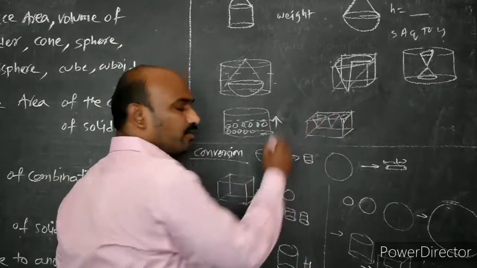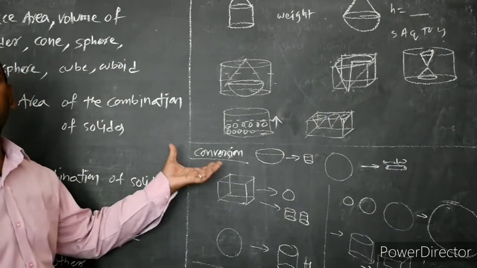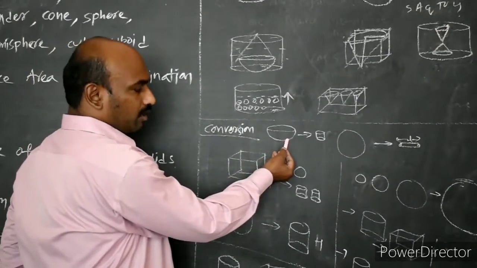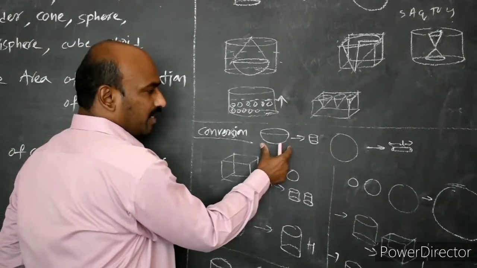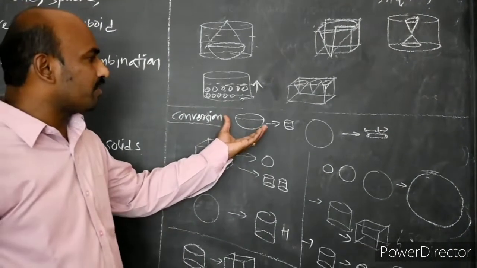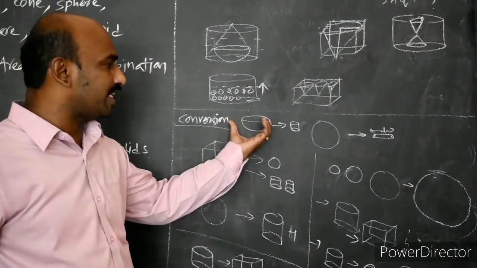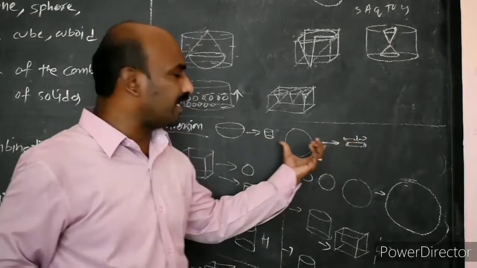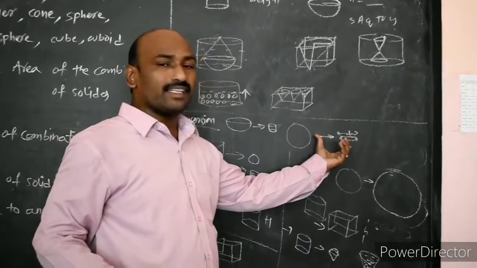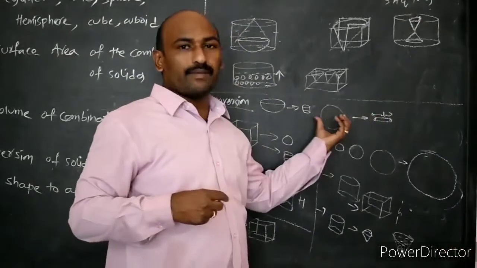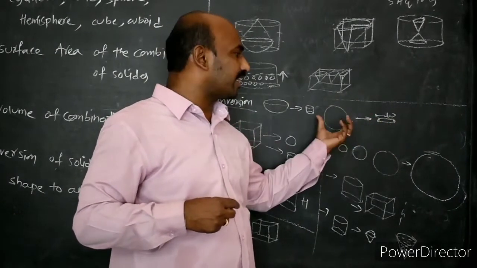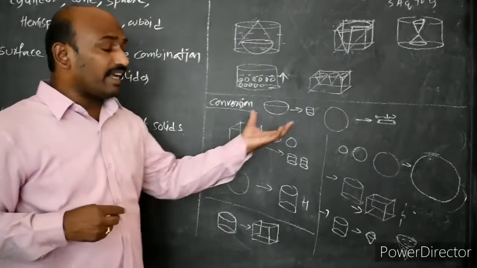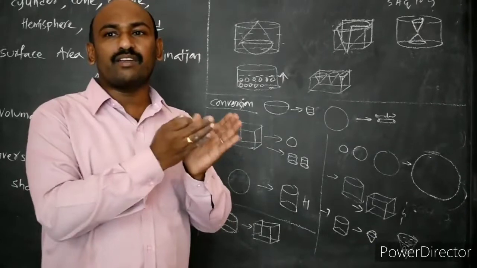Here the dimensions they can give, and when you go conversion, this is very easy topic and also very important, 4 marks they can ask. How many spherical hemisphere converted into cylinders, this number of cylinder equal to volume of the hemisphere by volume of the cylinder, and how much length of the cylinder means here sphere melted to form a wire that is looking like a cylinder. They can give the dimensions, radius of the sphere and radius of the cylinder, we can equate volume of sphere equal to volume of the cylinder.